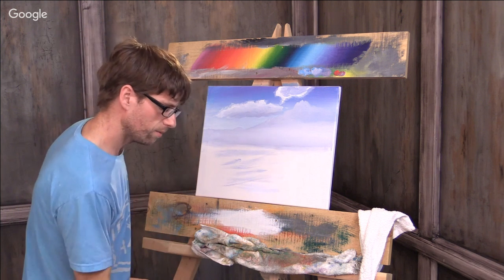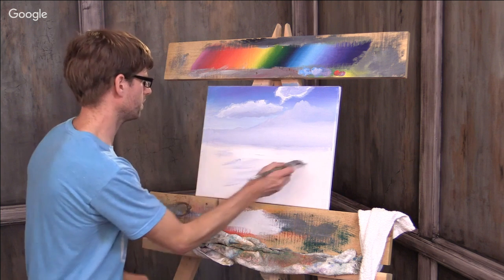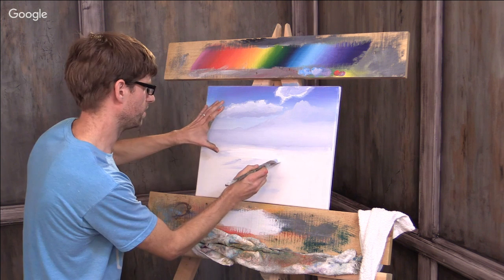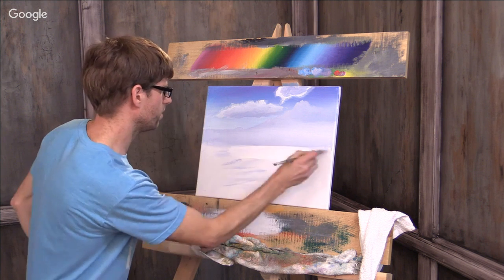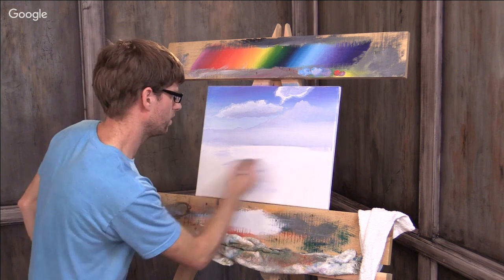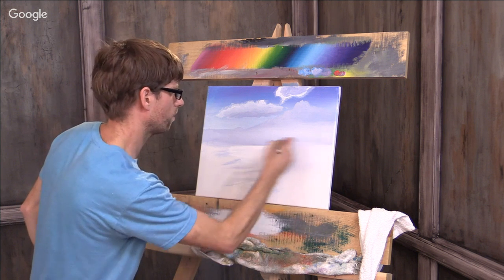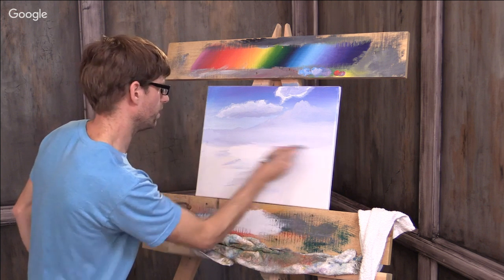I'm thinking down here, since this is still drying, I'm going to come down here and maybe try to plan out the rest of my scene. This is going to be a snowy scene, and so I'm going to have some real bright snow coming into the foreground here. So to start out with,